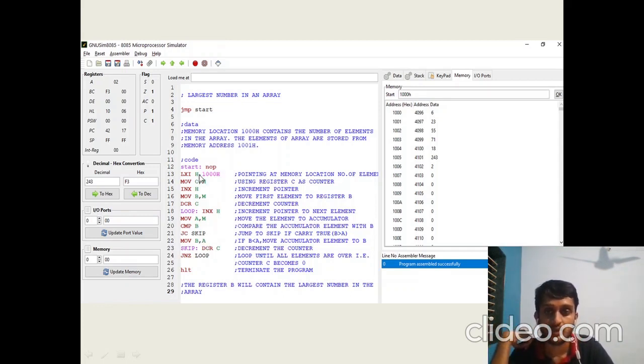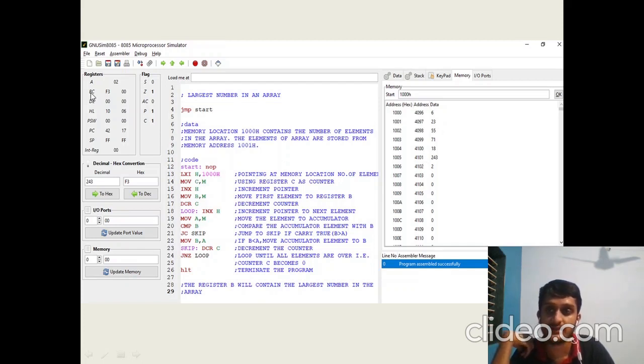When this algorithm is run, we can see that the registers here are updated. At the start of the algorithm, all the registers are initialized to zeros. Now when this algorithm is run, we know that the B register would be holding the maximum value, the largest value in the array.